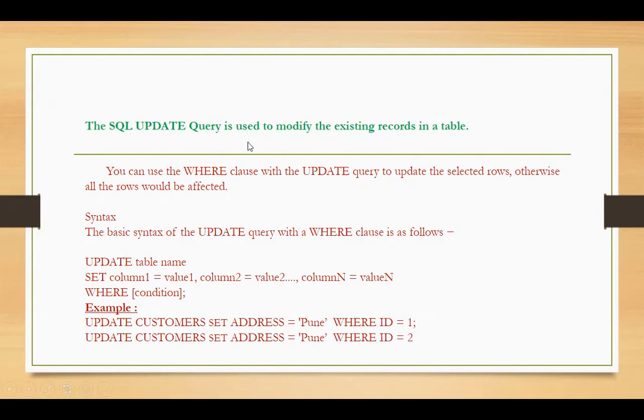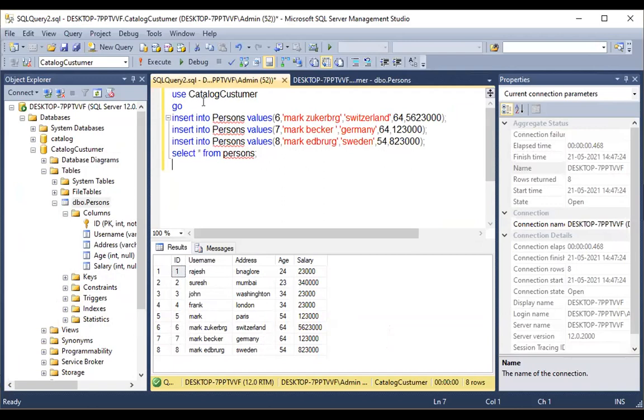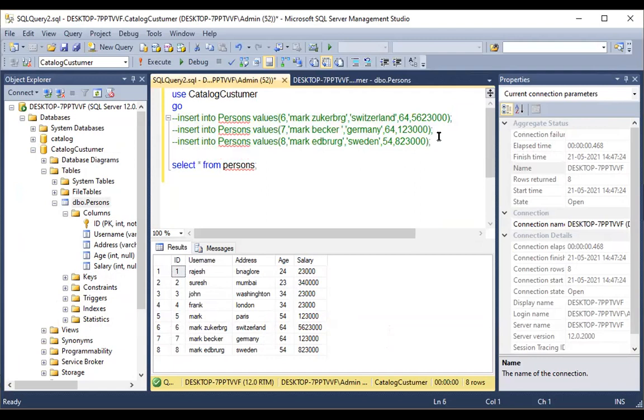Now let us go to the administrator resource and make the specific changes to the update query. We can see use customer, where customer is the database name, and here we need to make an update of the fields. We can make a change in the particular query. So we can make it as update